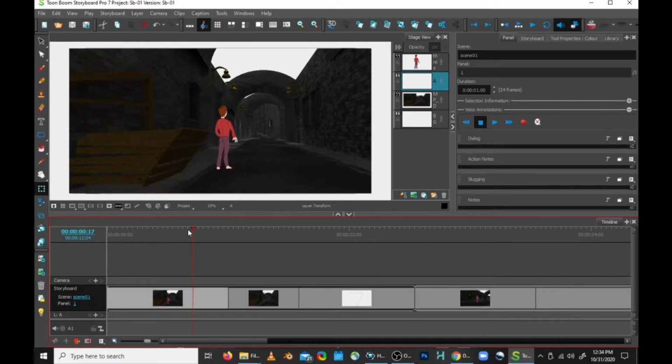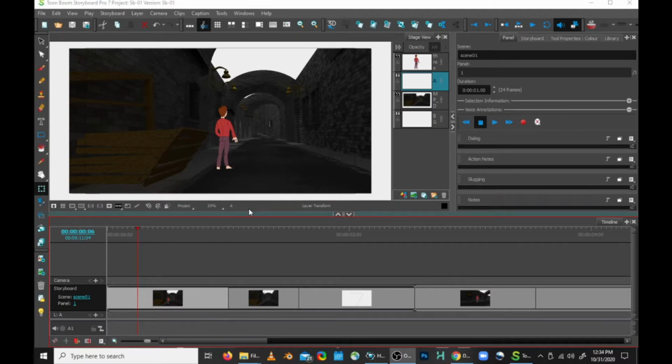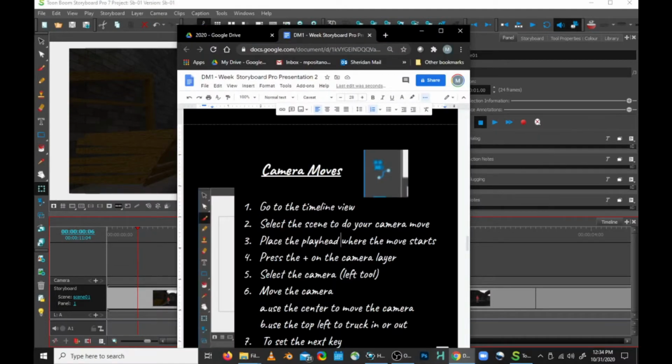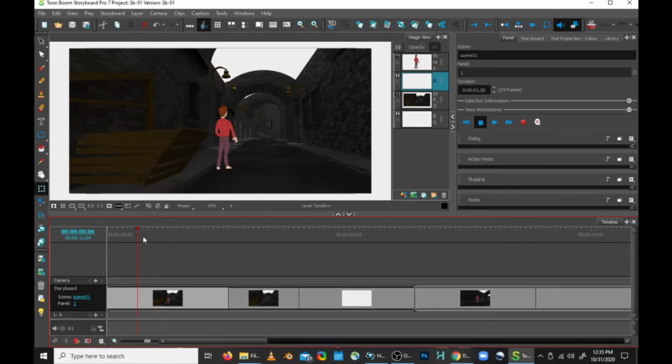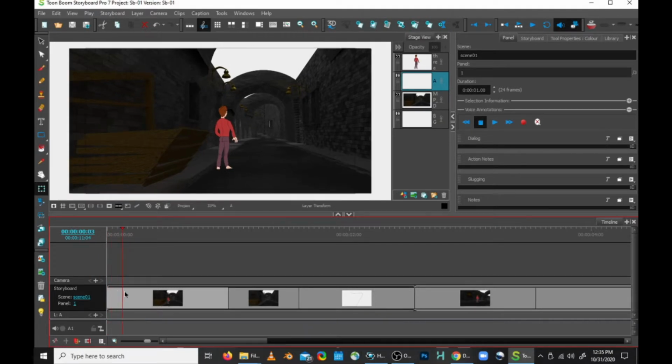But today we're going to do it on scene 1. So again, click on it, and the next step is put your playhead where you want the camera move to start. So place the playhead where the move starts. I don't want it to start right at the beginning. I'm going to start it a little bit into that scene, so it's going to hold at the beginning and then move. Once my playhead is in the right place,